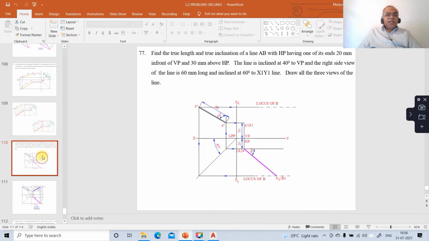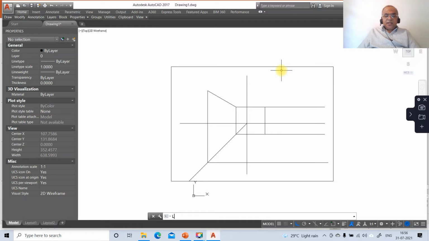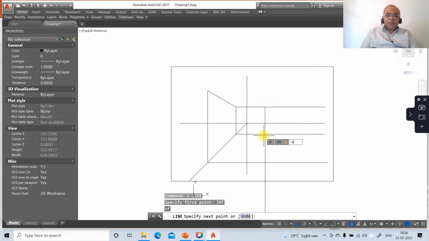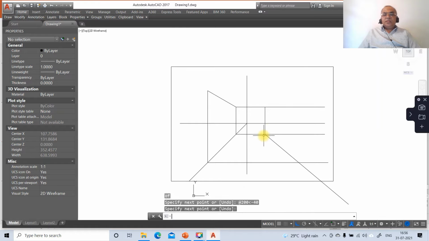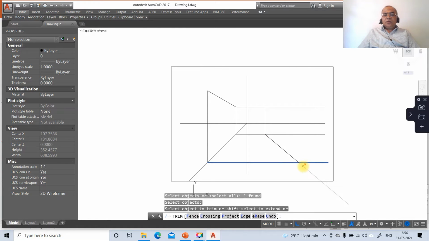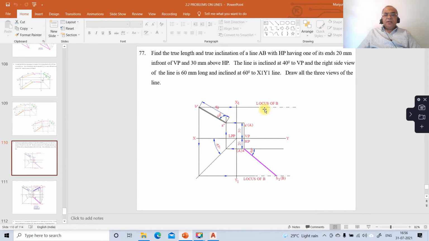Then he says the line is inclined at 40 degrees to VP. So that means he has given the true inclination. So go to line, take int of this and inclination at the rate to take distance as 200 less than minus 40. So you are going to get this point. Then go to trim this line. So you are going to get this. So once you get the 30 degrees to VP, so now we have the right side view 60 degree